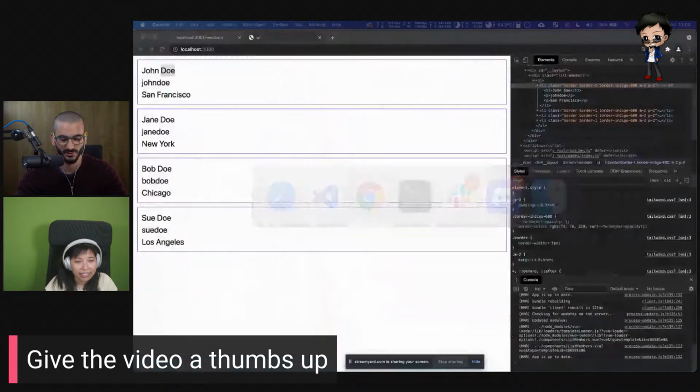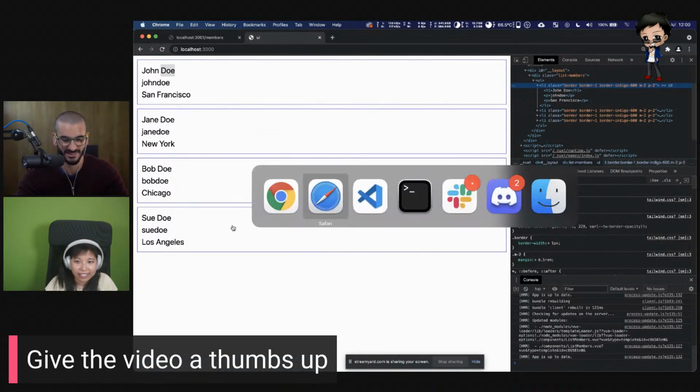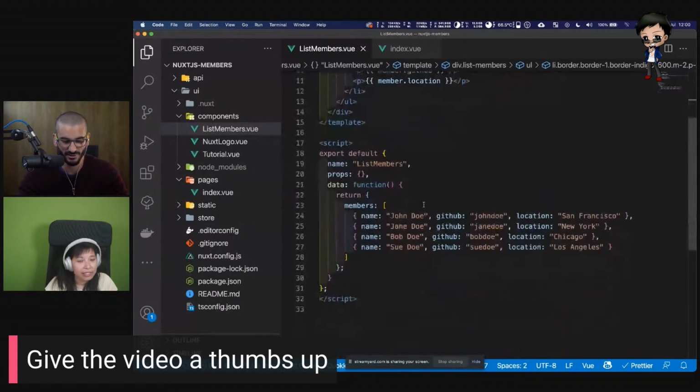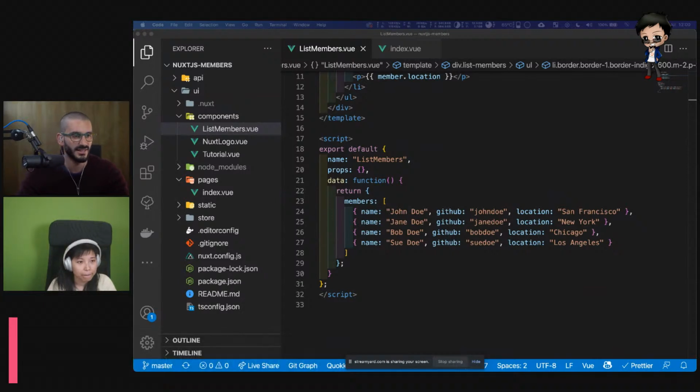Perfect. Cool. Okay, hopefully everyone's following along. We've got a bit of padding now. We've got a margin. We've got a border. We can see this. So this data is hard coded down here. Okay, so the next thing we want to do is